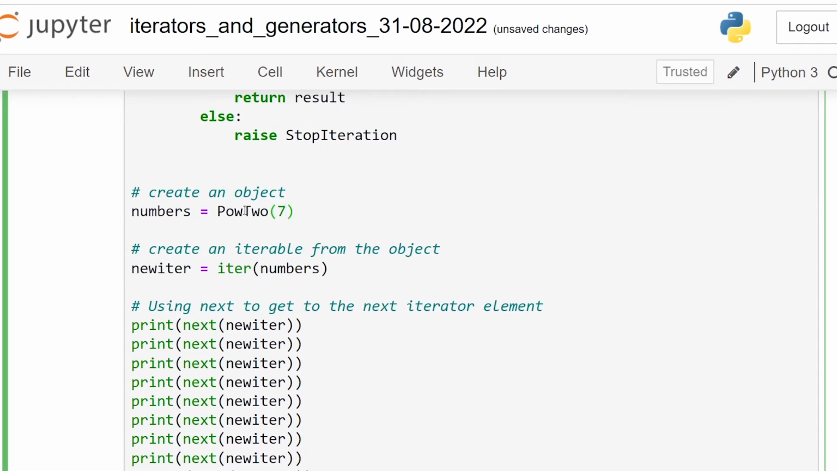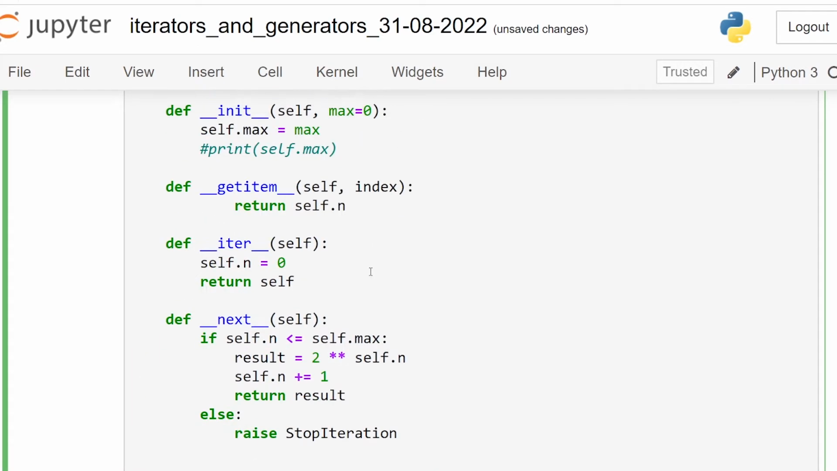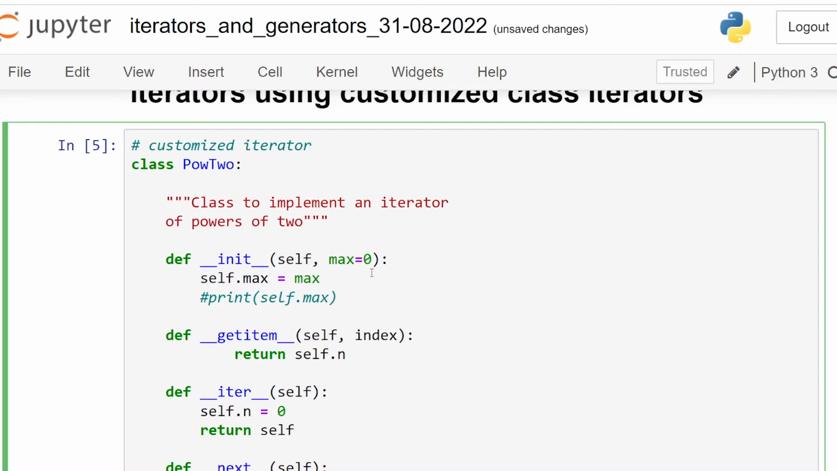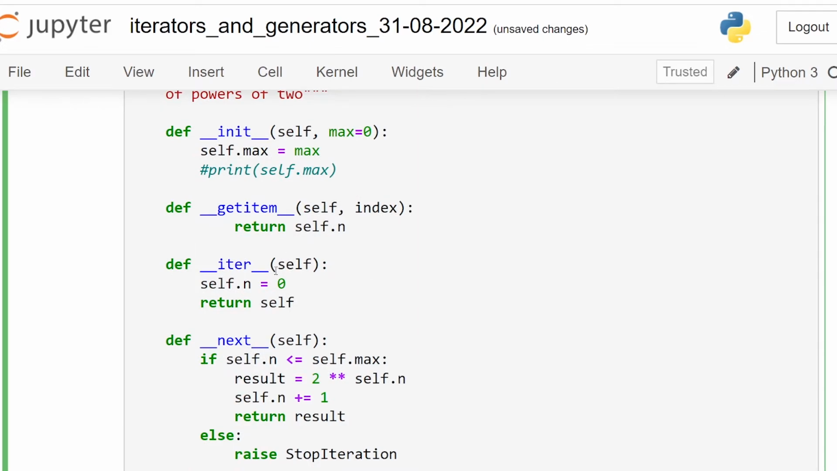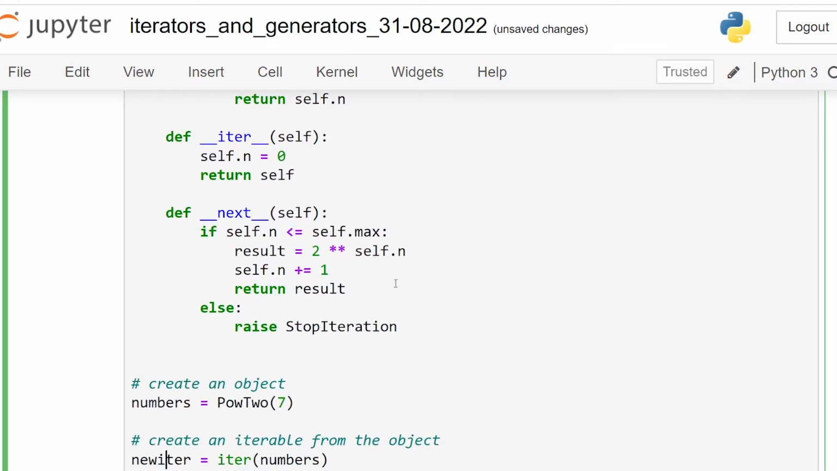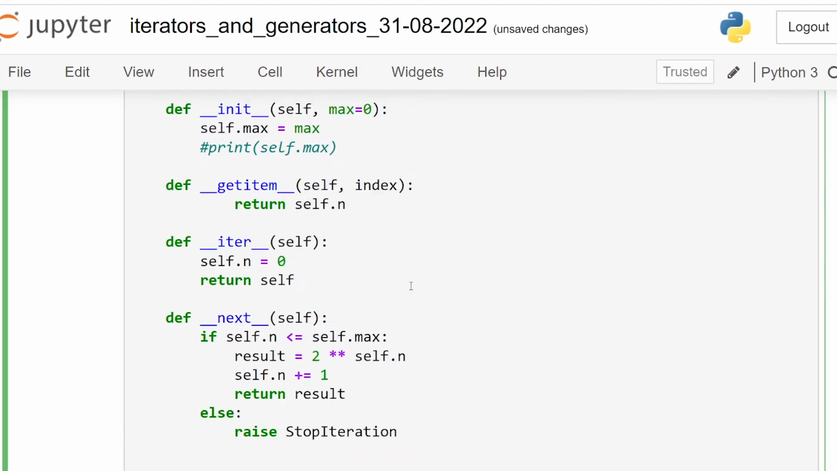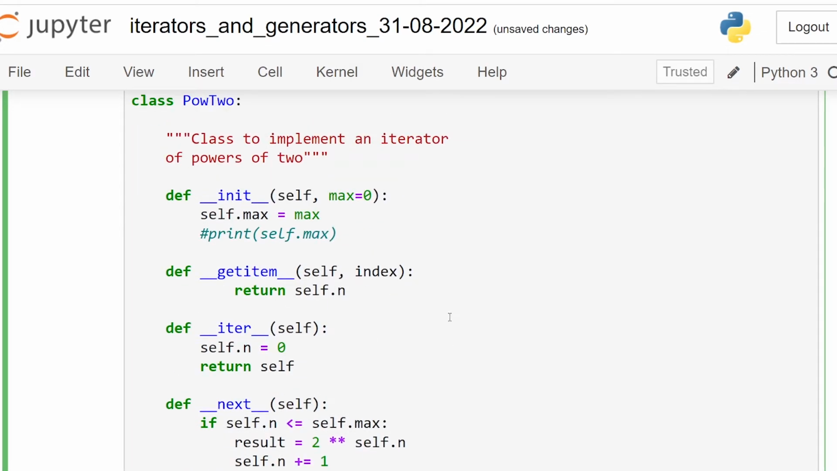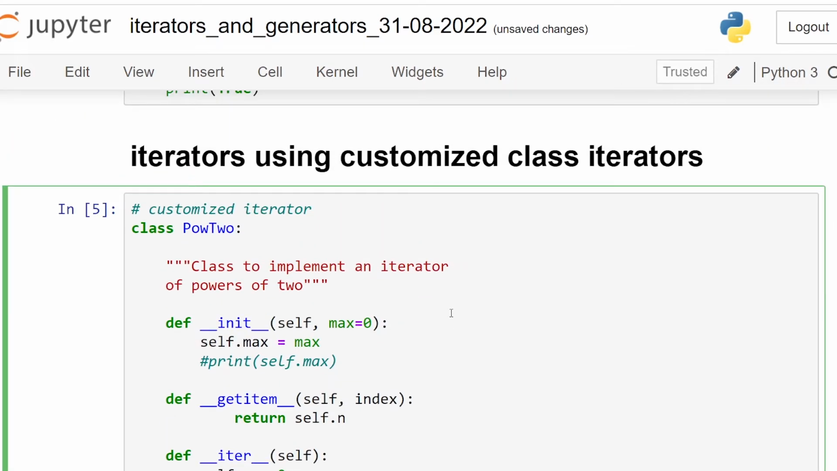So the object of this POW2 class is created, and it is passed to the iter function, and therefore we get the iterator. So this is us creating a customized iterator by using the double underscore iter and double underscore next methods. It's a customized iterator creation. So this shows that by using the double underscore iter and the double underscore next methods, we can beautifully create